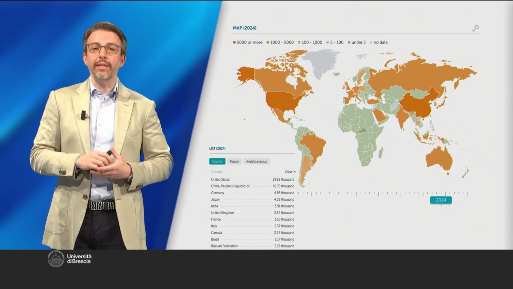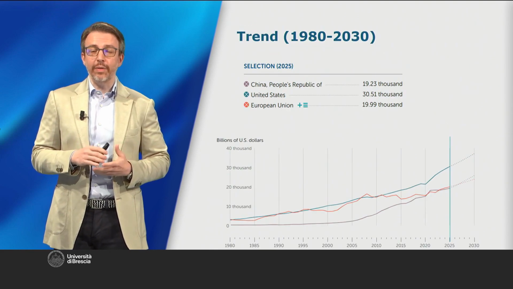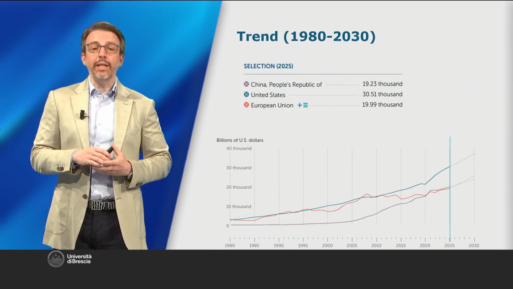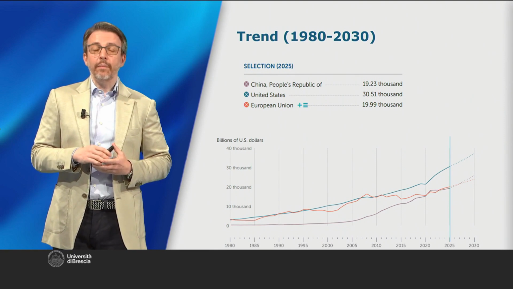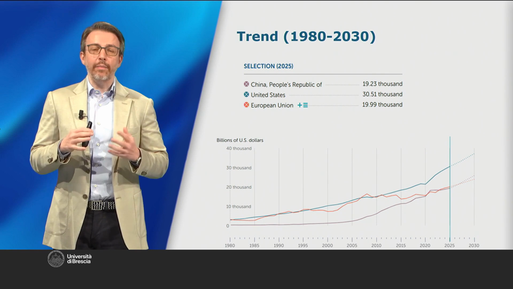In economics, this is called a time series. Here, there's even a forecast from the International Monetary Fund for GDP up to 2030. We can see that all of Europe together and the United States move in a fairly similar, fairly consistent way